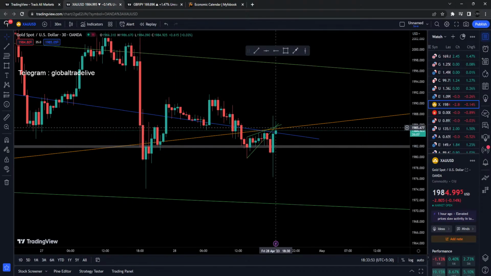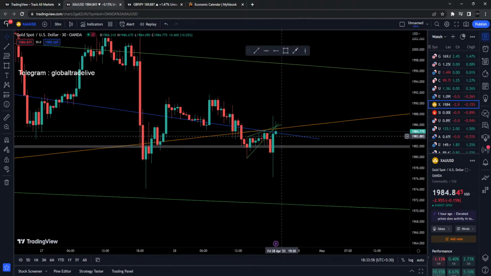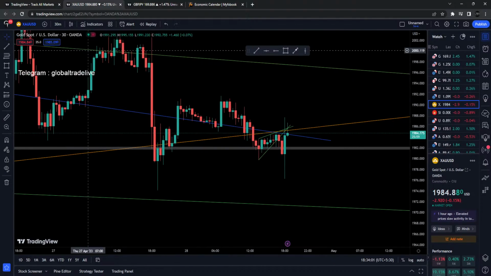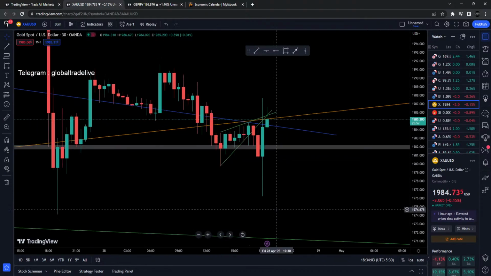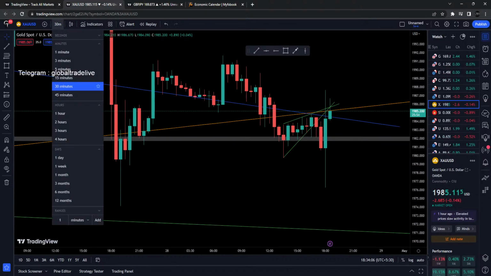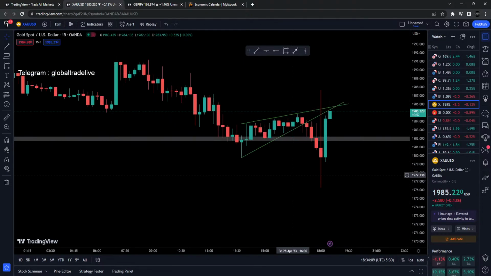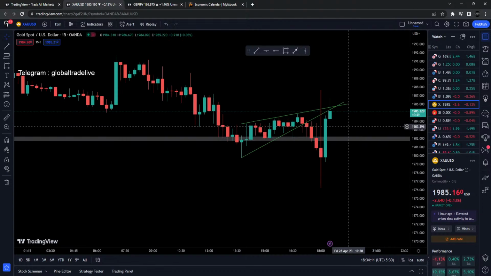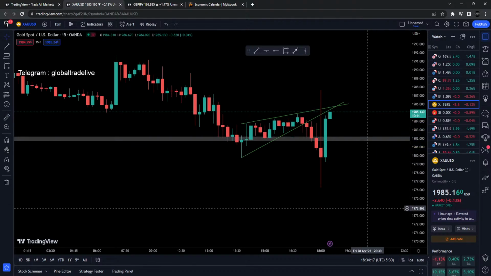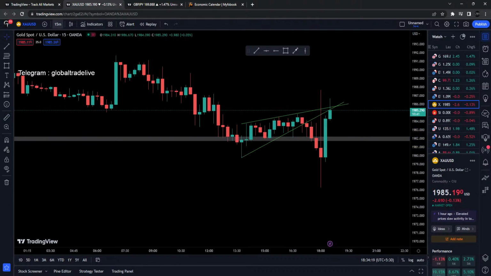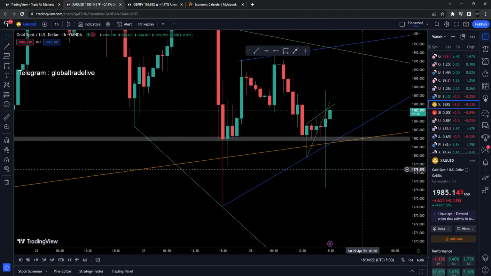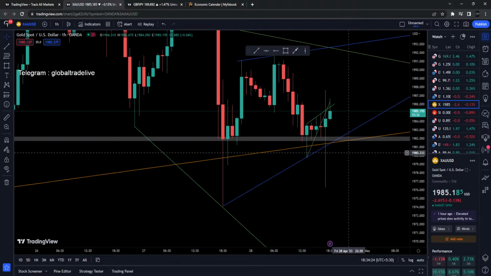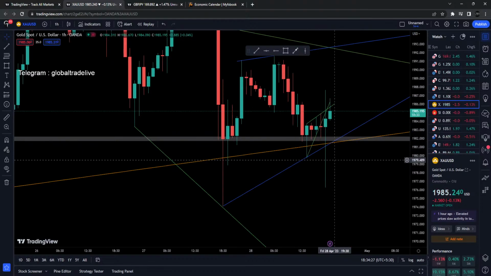Look over here, gold is respecting these areas now, so it's gonna break its own low and possibly move down from here. I think I can take a trade once it breaks its own low at that point of time. Or I can just wait for a bearish candle to form first. Let's go to the 1 hour. Actually, the thing is, 1 hour looks really bullish right now, so I think it's better to wait.